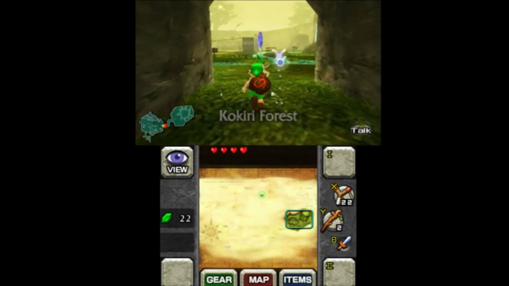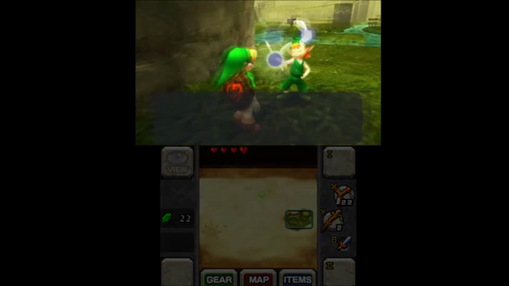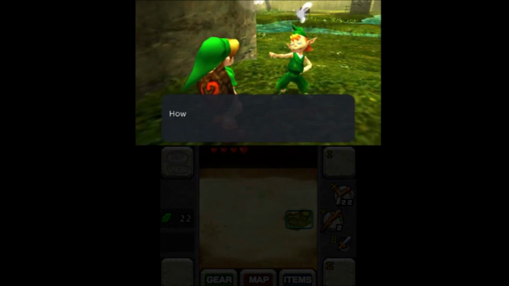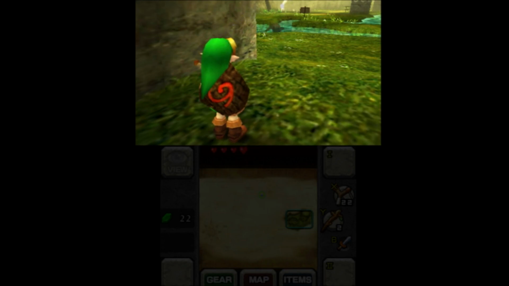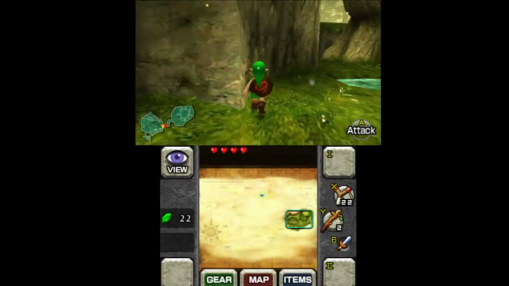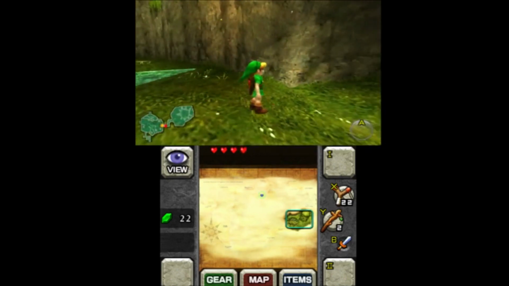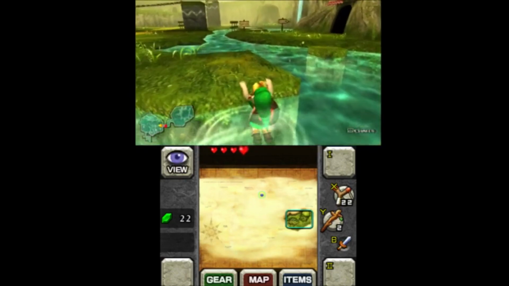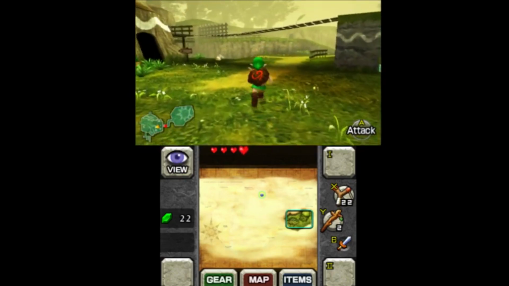So, you go out here and this guy's gonna boss you around. He's like, Deku Tree's dead! It's all your fault! It's all your fault! And then he just fucks off. And disappears, too, apparently. Yeah. Doesn't he usually stand over here? I don't even know. Usually he's still there. I don't remember him disappearing in the old version, but...